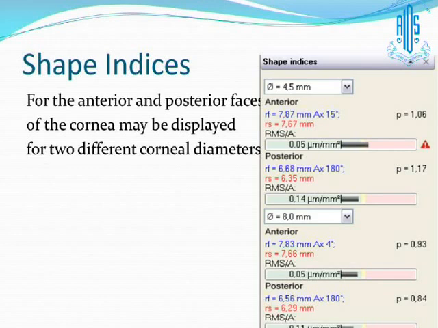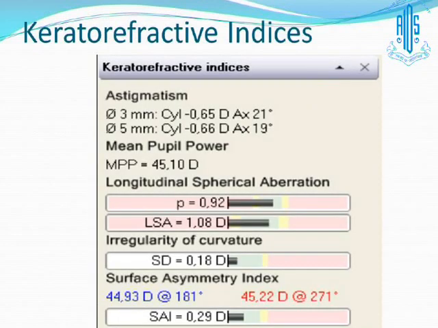You see the red flag there, which suggests that. And there are other important indices like the mean pupil power, and like what Dr. Prashant said, the true net power, which can be utilized for the eyeball power calculations post-refractive surgery, as well as it suggests whether the central part is ectatic or not. Then we have the irregularity of the curvature, then symmetry, the surface asymmetry index, which also, if they are not normal, then again suggests ectasia.